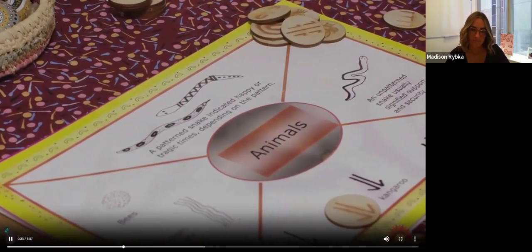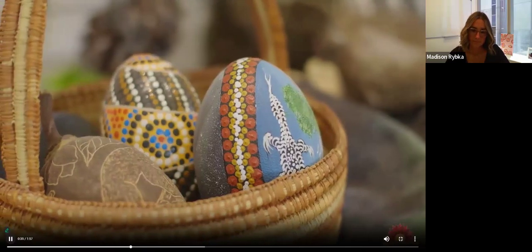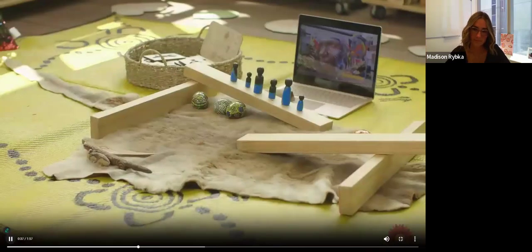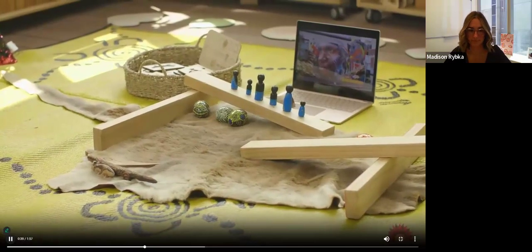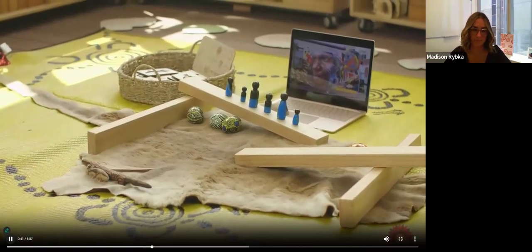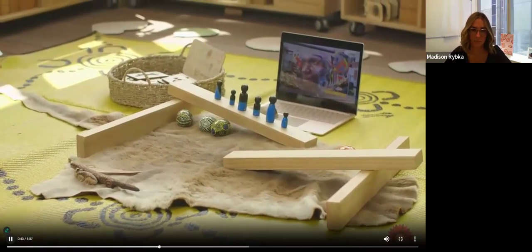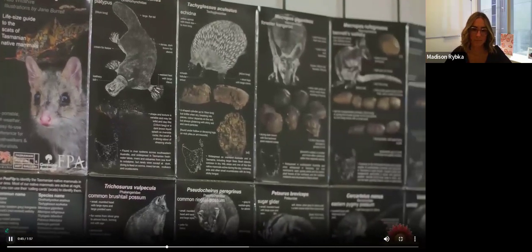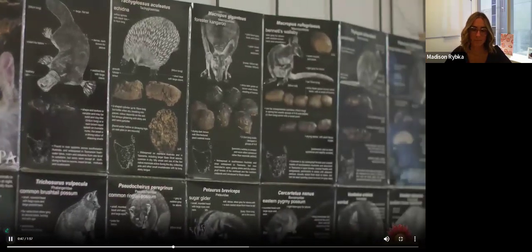So it is about sprinkling Aboriginal perspectives across your play spaces. So if you have Aboriginal artefacts and resources, they're not a display item, but they're there functionally for children to play and engage with, instead of creating cultural corners where you have cultural items on display like a wing in a museum. I'm going to show you some practical examples of the different ways in which this can happen across multiple play spaces and age groups.